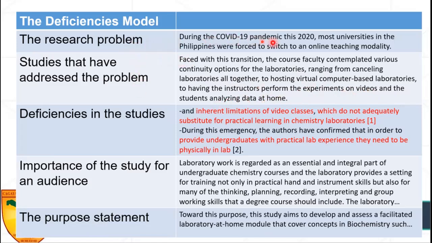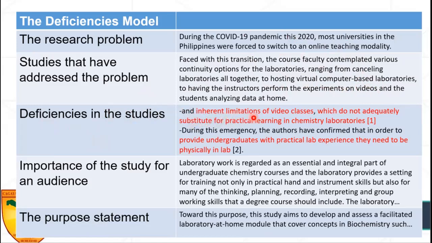So first, I posed the research problem that we switch to an online teaching modality. And studies that have addressed the problem, there are those who contemplated various options for laboratories for online teaching modality. They did not do any laboratory. They did virtual computer laboratory and experiments on videos and students analyzing at home. So what is the problem if there's already these studies that have addressed the problem? So here, deficiencies in the study